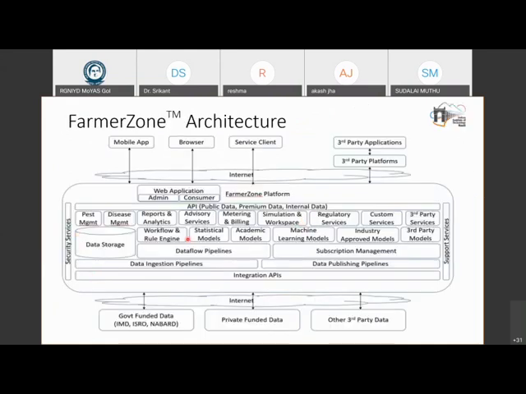And then there is the entire architecture of the Farmer Zone. This is the backend on which everything rests. So we have the data coming in from the various sources: private data, government data, farmer data, and all of this then connects to the net and through various software models. So I'll not go into this detail. This is not my expertise, but some of our team members are working on all of this. At the end of the day, all of this connects to a web application that goes either as a mobile application to the farmer, or you connect to it as a browser, and different kinds of software chains through which data and advisories can get disseminated to different interested parties.